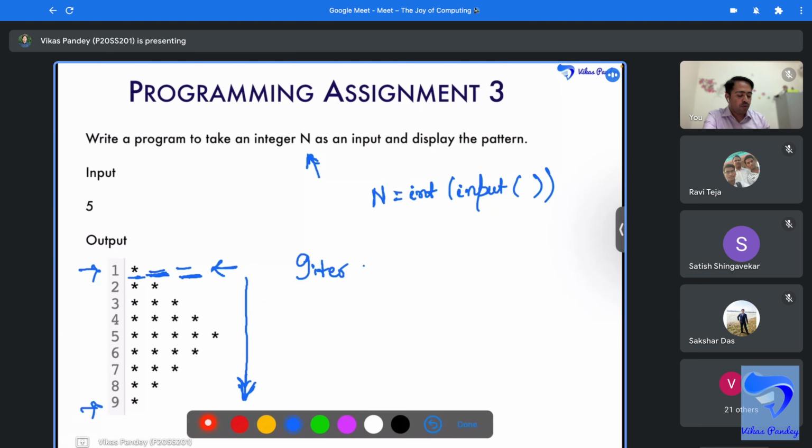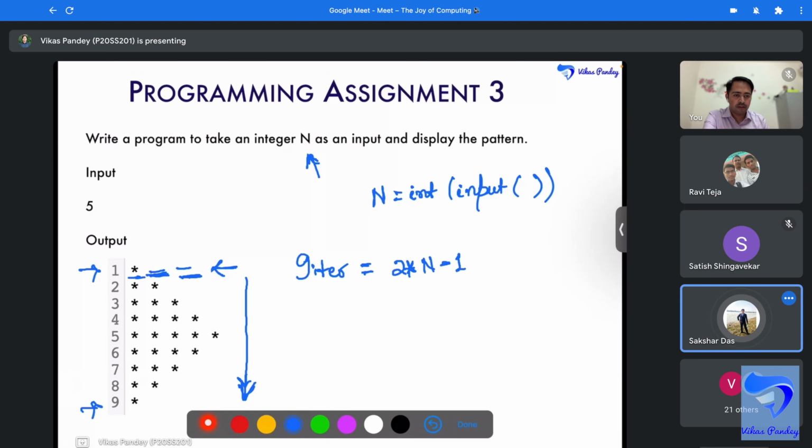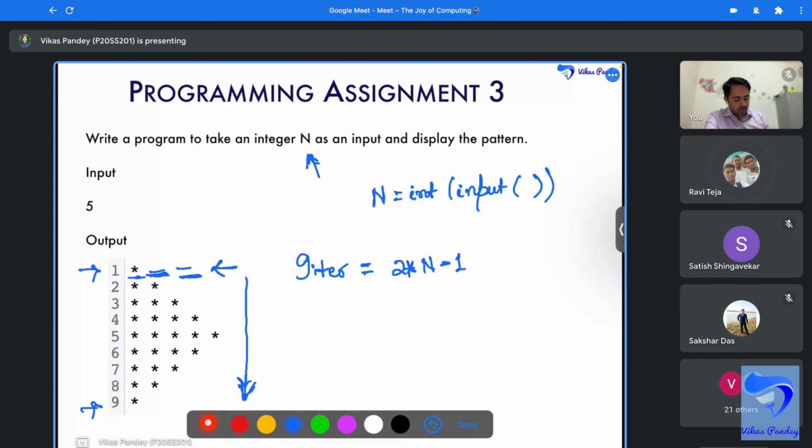And 9 is equal to 2n minus 1, right? Is it fine? If I put 5, it is going till 9. Yes, that is right. So now if I erase this,